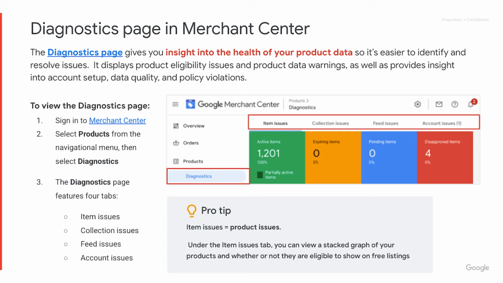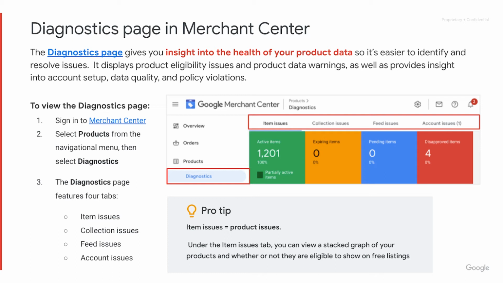To access the Diagnostics page, sign in to Merchant Center. Then use the left-hand navigation panel and click on Products. You will then land on the first out of 3 to 4 tabs. This will be item issues, and it will show all the issues with your product data.